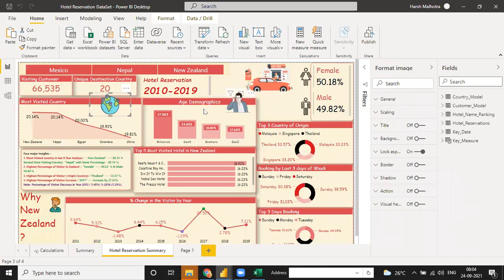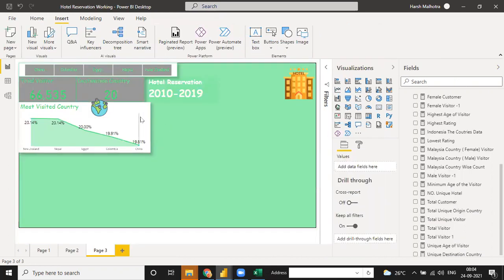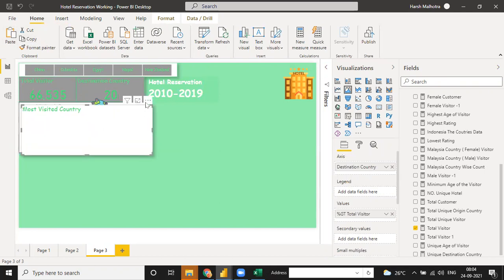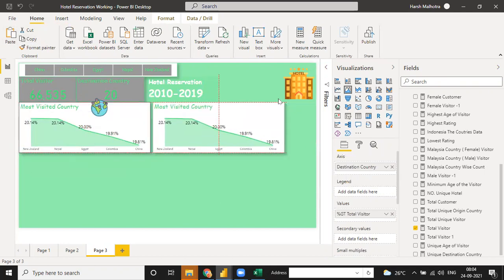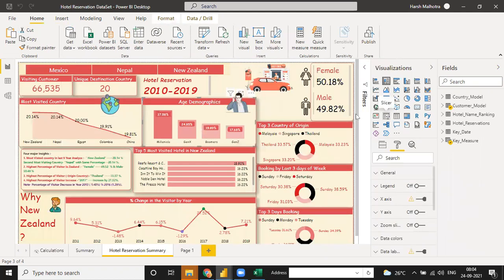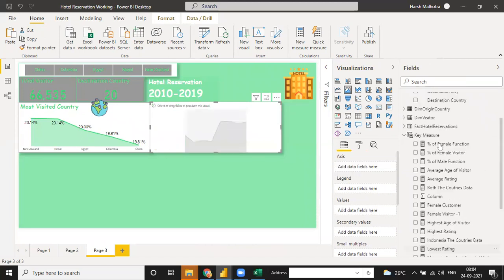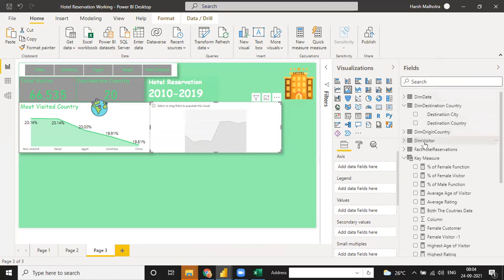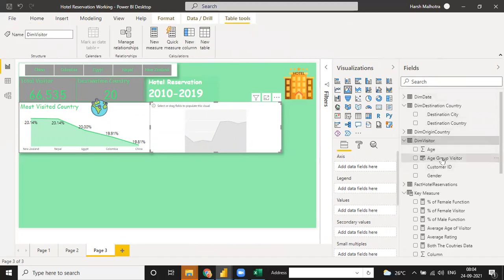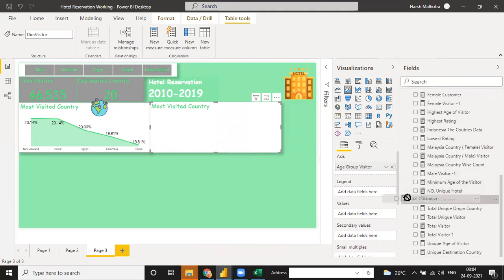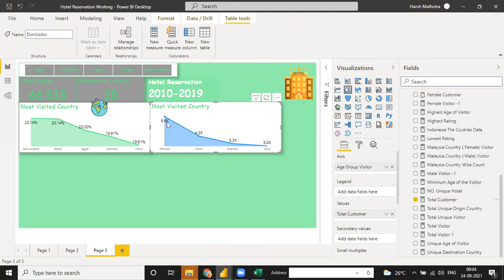So now I need an age demographic. For the age demographic, I use the same one, copy and just paste, because I don't want to format again and again. I just click on this, and for this I need age demographic, and for this age we are already using a function. I will show you for this, the team visitor, I think. Yeah, this one. So you can just click on age group and go to your total visitor in the value column and see your value will be done.